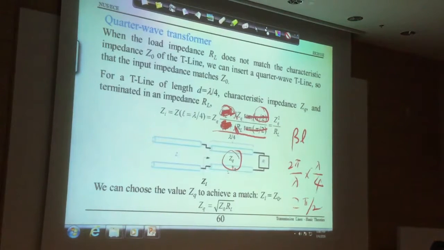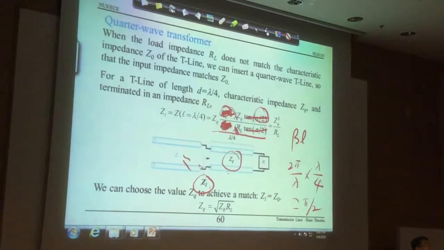How to determine the value of this? From this transmission line equation, it is equal to the square root of the input impedance times RL. For impedance matching, the input impedance Zi should be equal to Z0. Now Zi is Z0, and this is RL, which is given. For instance, this 100 ohm, this 50 ohm, then Zq is